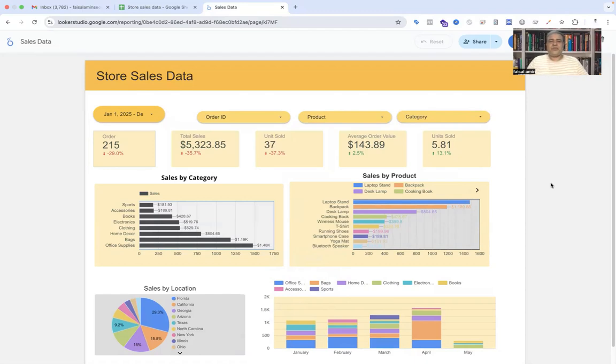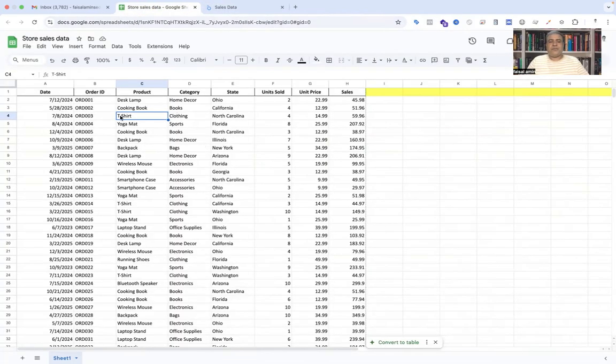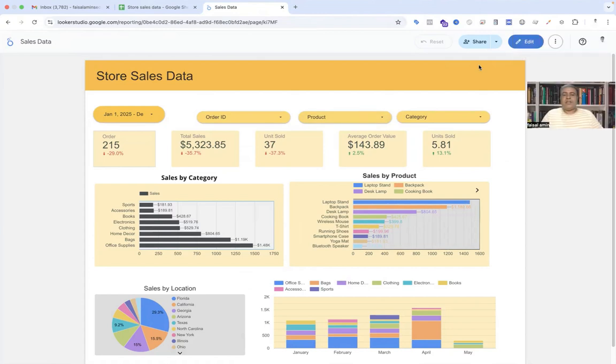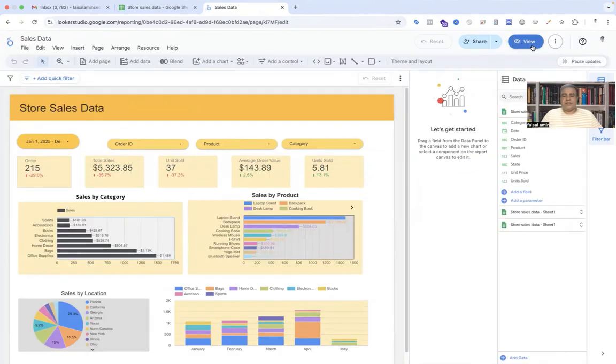Today I will show you how to create a report in Looker Studio by using Google Sheet data. So you can see the store sales data. I'm creating the report on Looker Studio, and I have to use the Google Sheet data for this report. So I am creating a new one like that. Let's get started. Stay with me, then you can understand each and everything, and you can also create this type